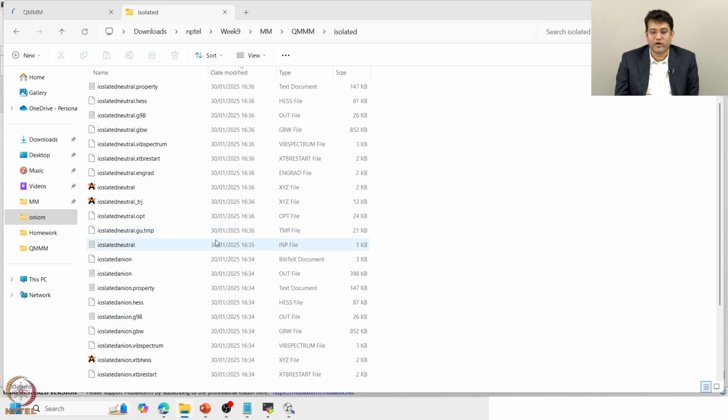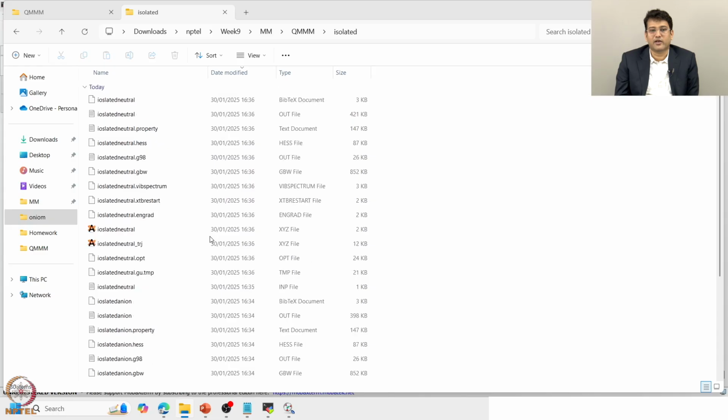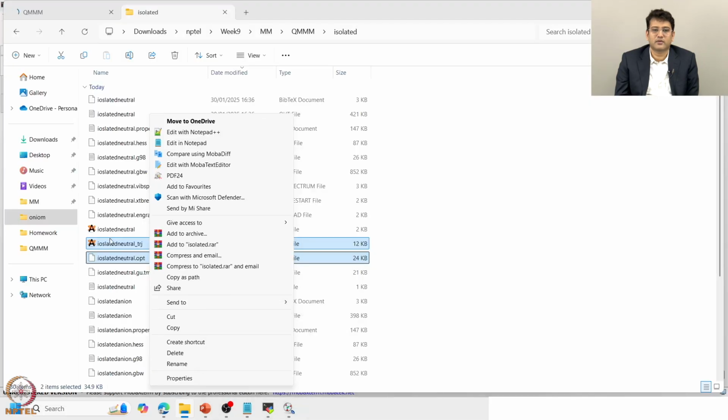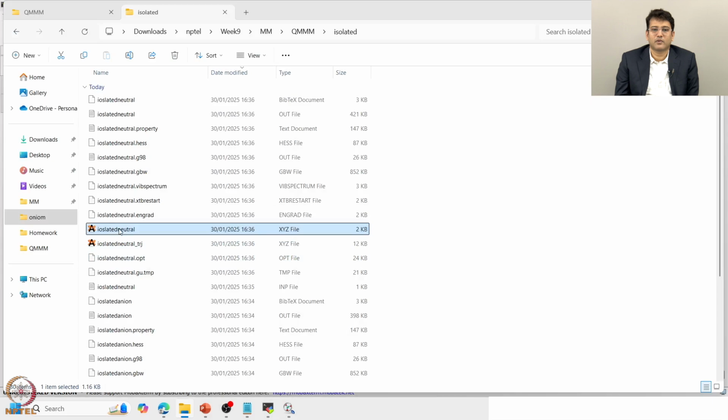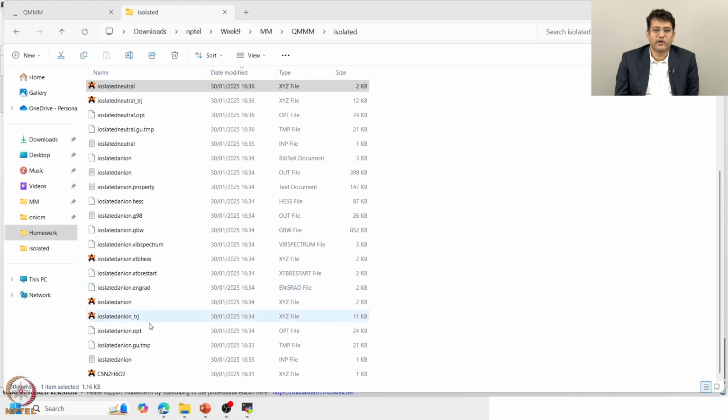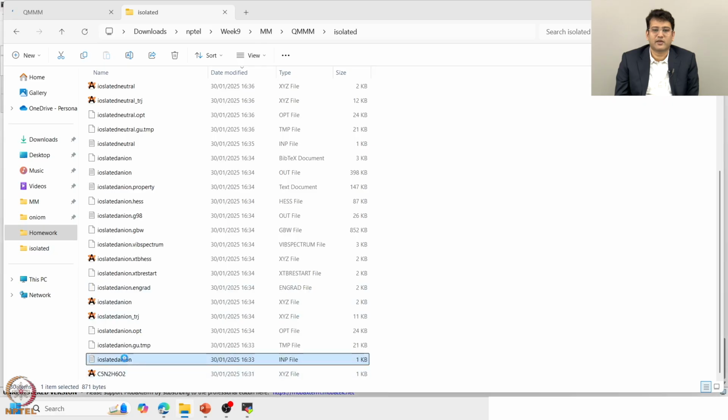Now you have to do the single point. Remember, the single point has to be done on the optimized geometry, calculated using a much bigger basis set. I could have done it in multiple ways. The way I will try to do it is I will open the individual XYZ files with Avogadro. You can do it in multiple ways. The way we are going to do it is that I will take the isolated anion,